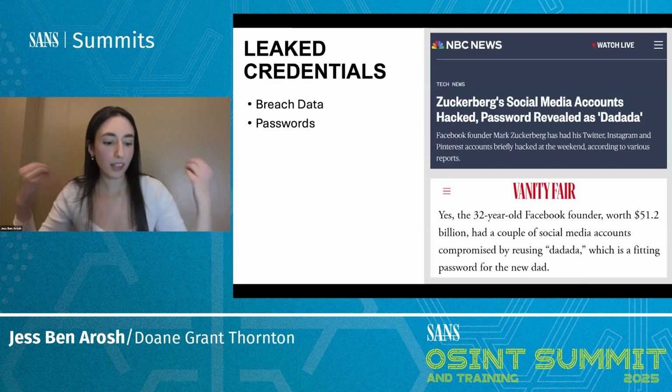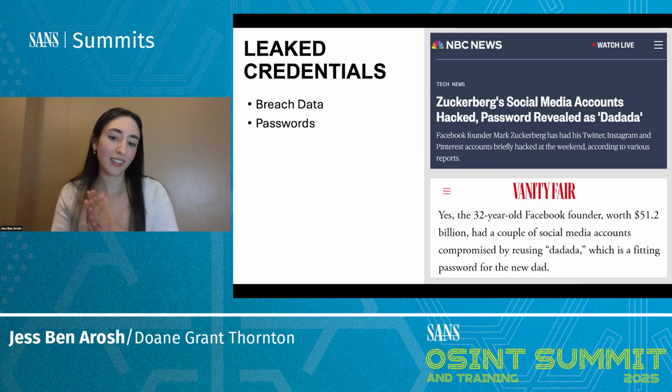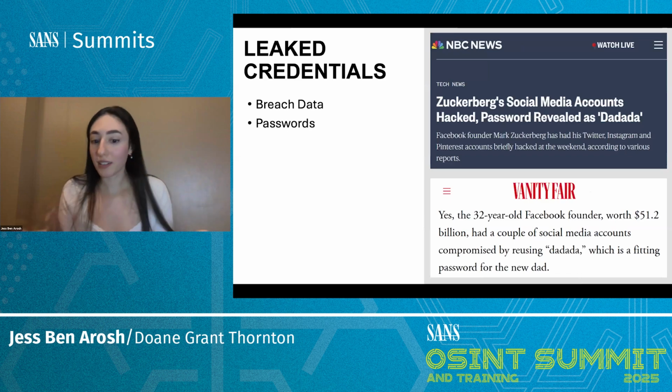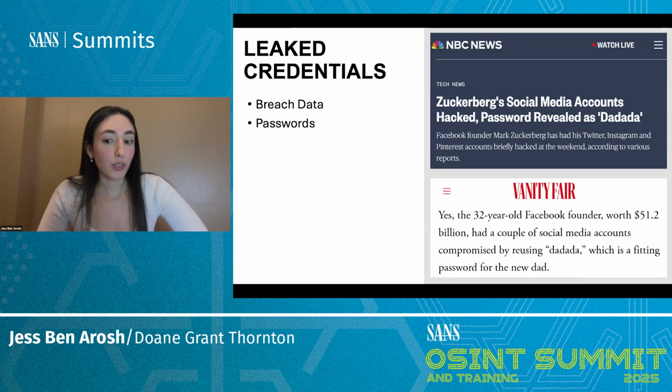The way I think about it is that passwords can be a data point in and of themselves. It's another data point that helps you connect the dots about an individual or an address. And you can see in this example on the right that even people who should know better sometimes go for lazy passwords. So Mark Zuckerberg, they're speculating that he used that password because he had just become a new dad. I don't know. It is possible, but